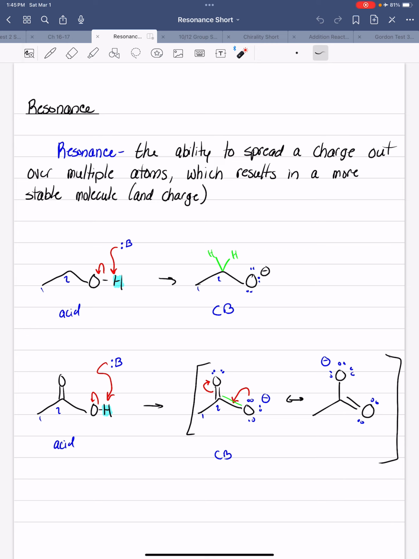All I have here on this page, I'm showing you this acid, that's ethanol, and B with a lone pair represents a base. So if this base were to deprotonate the most acidic proton here, you would end up with this conjugate base of our original starting acid. Now, sp3 atoms cannot engage in resonance, and that's what we have here with carbon-2. So as a result, if we wanted to take one of these lone pairs, or specifically this -1 charge, and maybe spread it out over the whole molecule, we wouldn't be able to do that because if we tried to form a double bond between carbon-2 and oxygen right here, we would be violating carbon-2's octet rule,